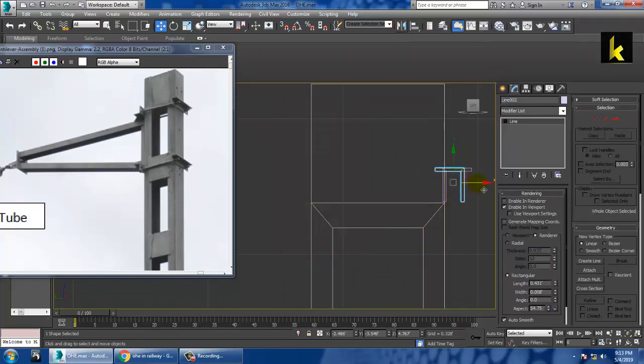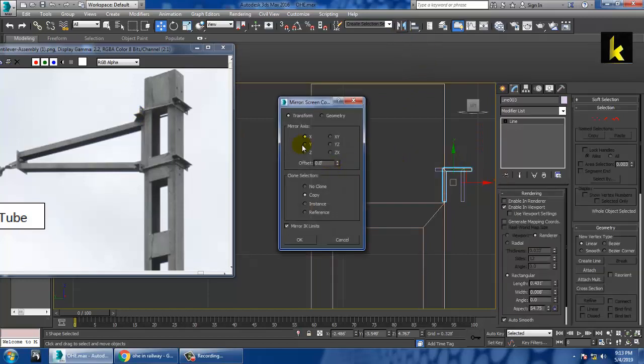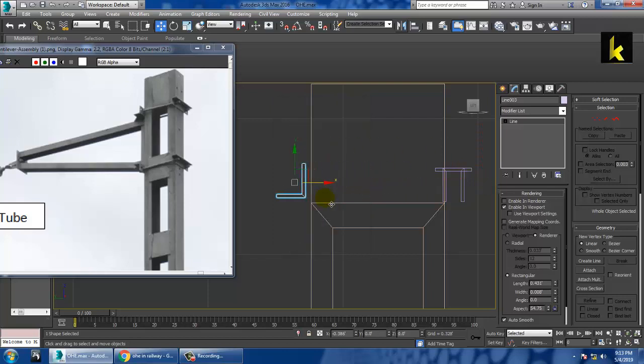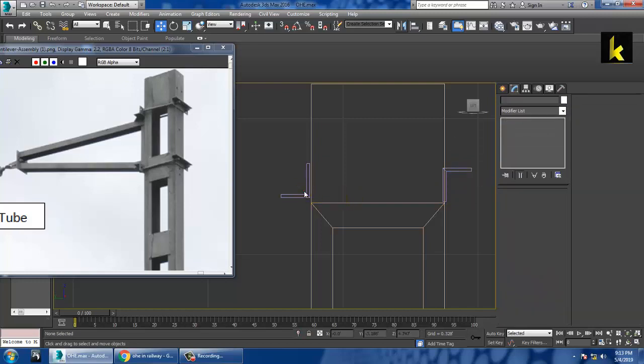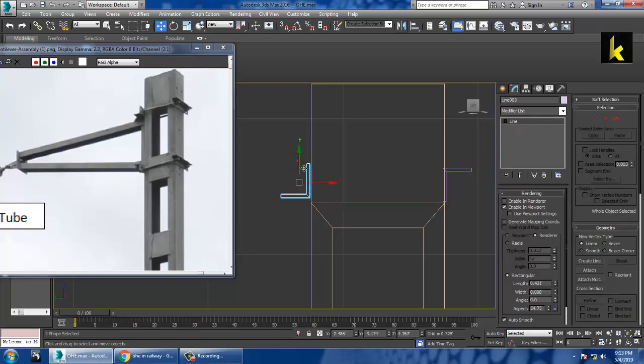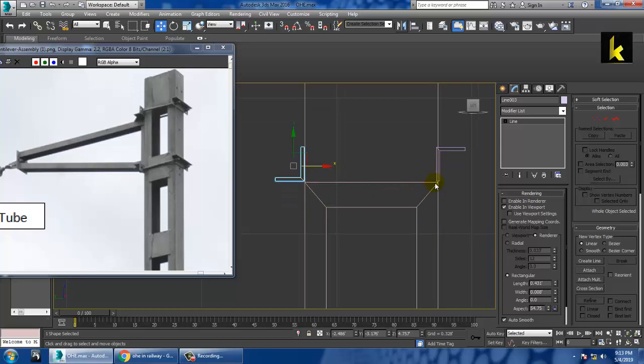So this has been flipped, as you can see over here. You can flip it one more time in the y-axis and click OK. That's better. And remove this extra one. You can easily remove it, and just push this over here like this. That's it. Alright, now the next step is select this part and mirror it